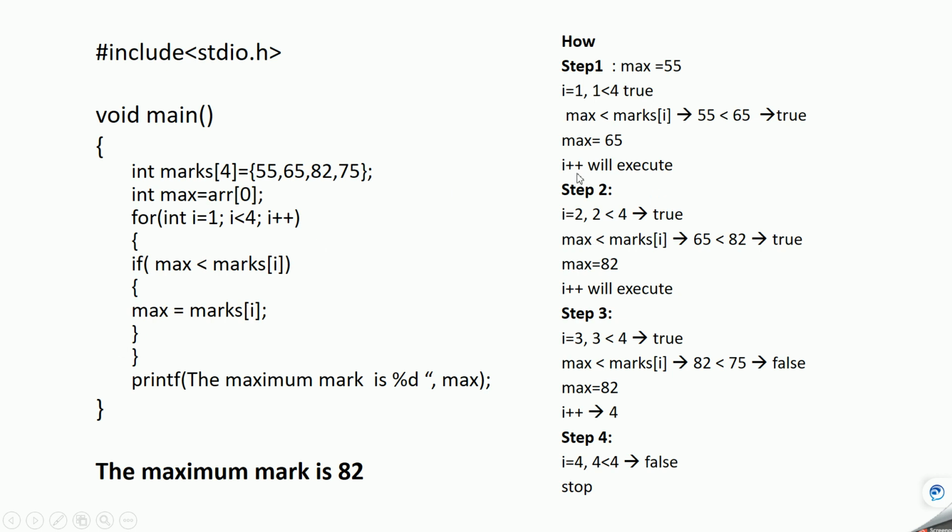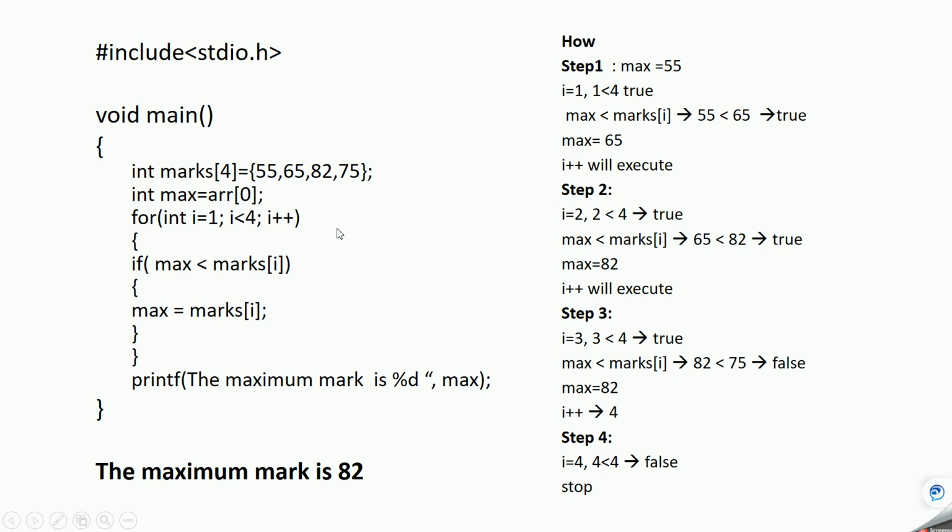Then again i plus plus will execute, and the i value will become 2. Here the same kind of operation will happen, and this will keep on happening until this condition becomes false, and this condition becomes false when i value becomes 4.